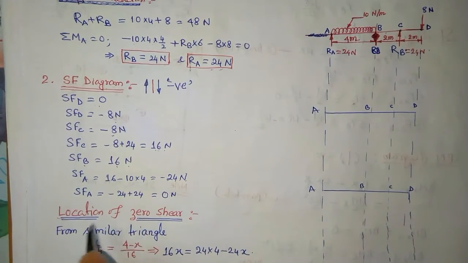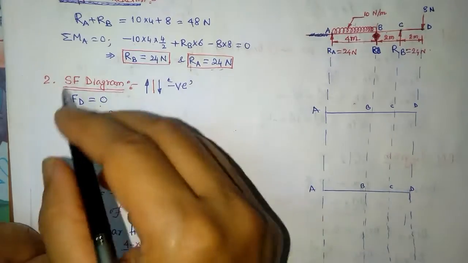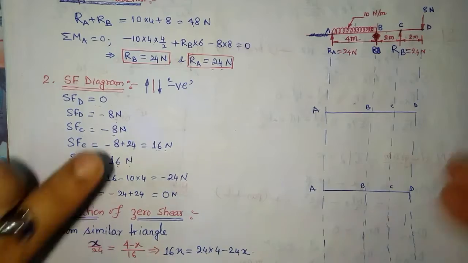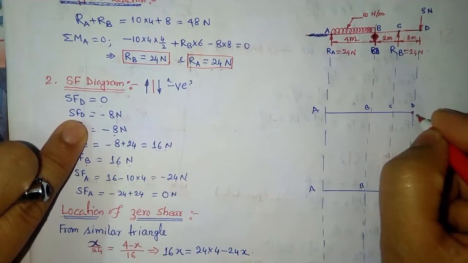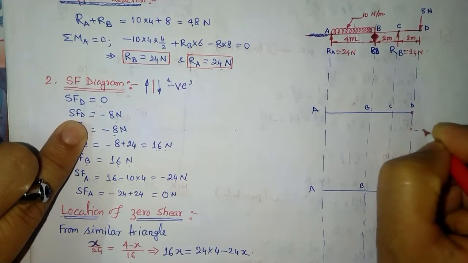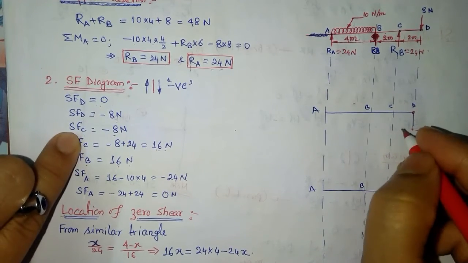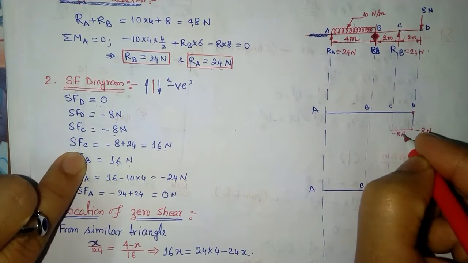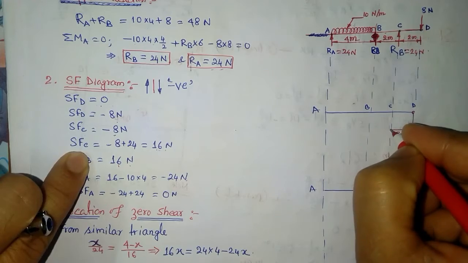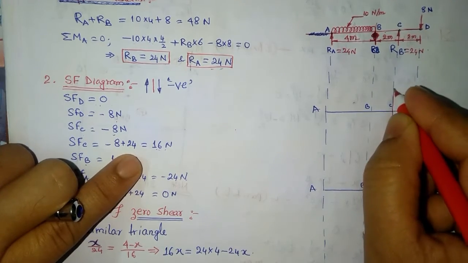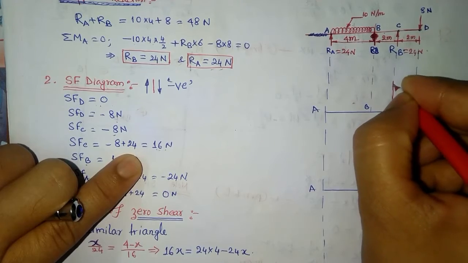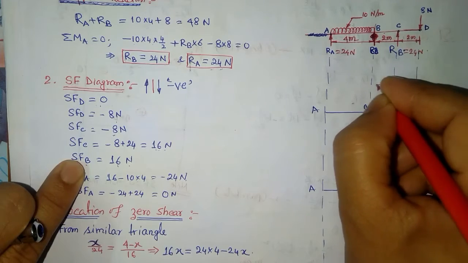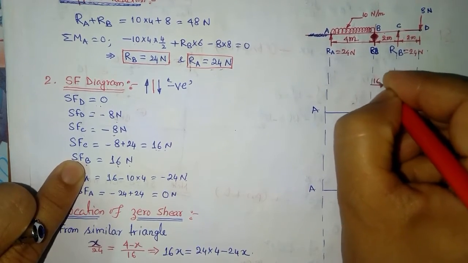So let's find the shear force of this. We don't know how to find it yet, so let's first draw the shear force diagram we got. Shear force at point D we have 0, then we have minus 8, so we got this minus 8 Newton. Shear force at C is minus 8, then at C it is plus 16, so here it will move to plus 16. So 16 Newton, and shear force at B again we have 16, so this is also 16 Newton.